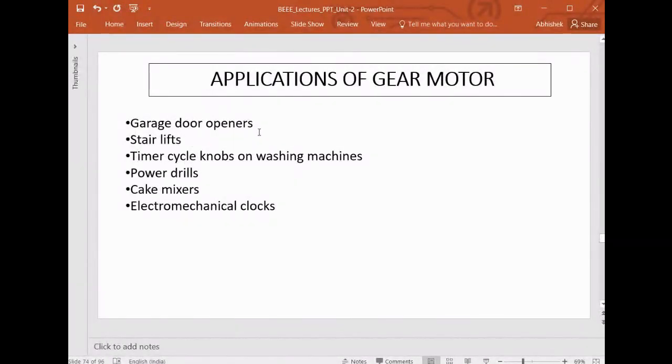Okay, and some applications for these gear motors are garage door openers, and we can also use them in stair lifts. Then timber cycle knobs or twisting mechanisms, and twisting machines can use this particular type of gear motor. Power drills, cake mixers,